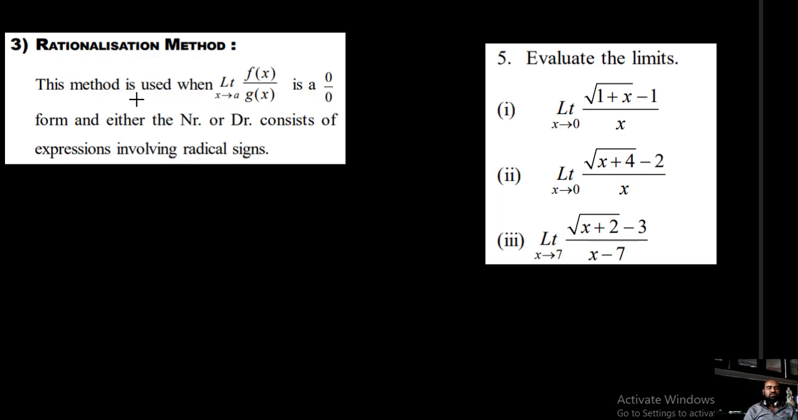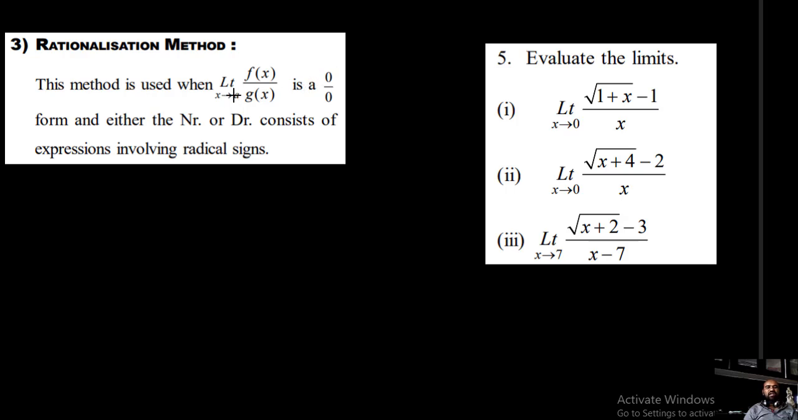Okay students, this is the fourth part of limits. Today also I am going to explain finding limits for algebraic functions. So third method, rationalization method. This method is used when the limiting value of f of x by g of x, for x tends to a,